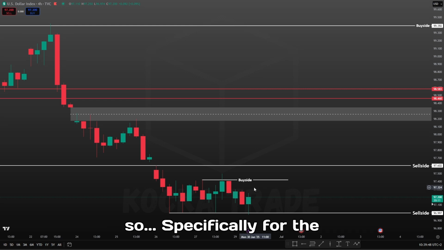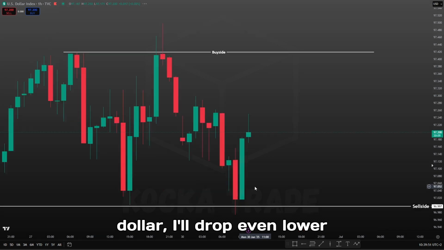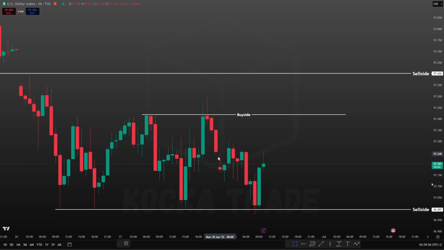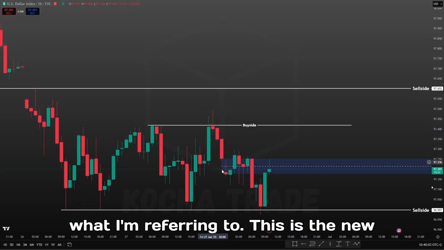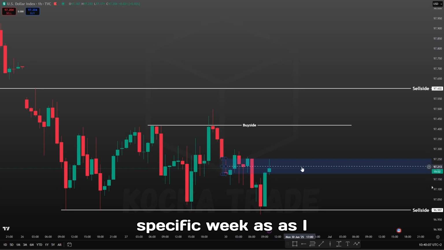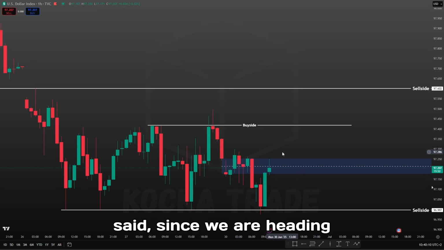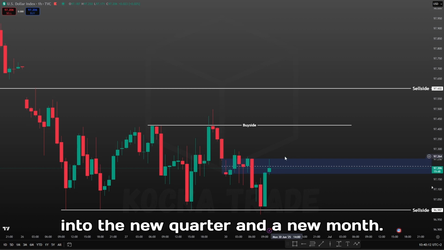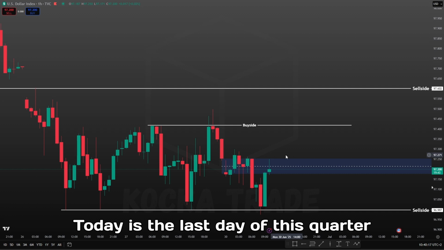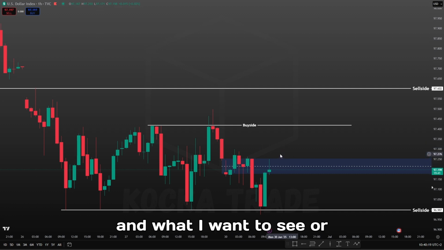So specifically for the dollar, I'll drop even lower to the 1 hour time frame, so you can see what I am referring to. This is the new week opening gap for this specific week. As I said, since we are heading into the new quarter and a new month, today is the last day of this quarter, and what I want to see, or rather I want to wait,